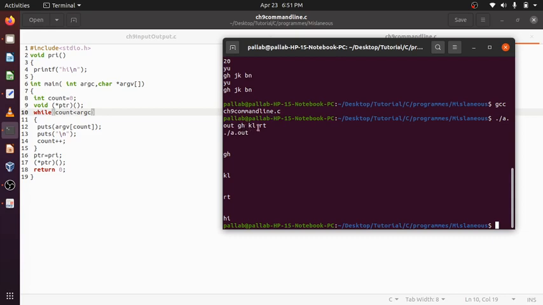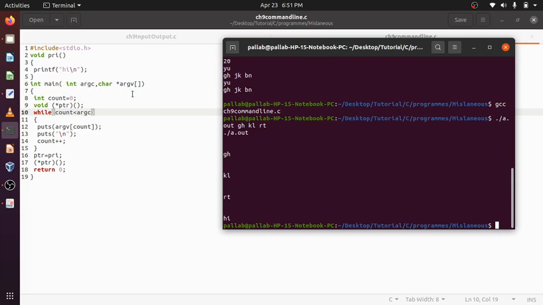Here a.out will be taken as 0, then 1, 2, 3. So the value of argc will be 4 in this case.